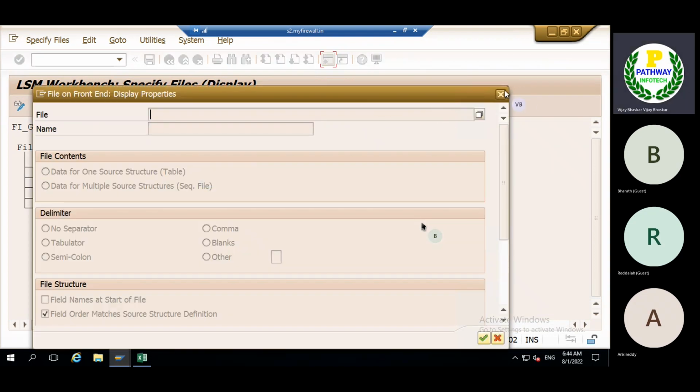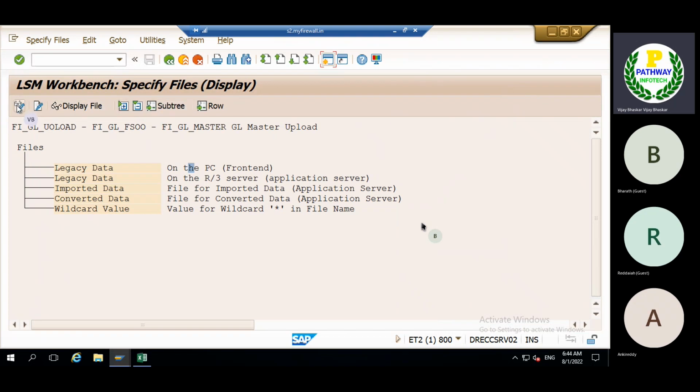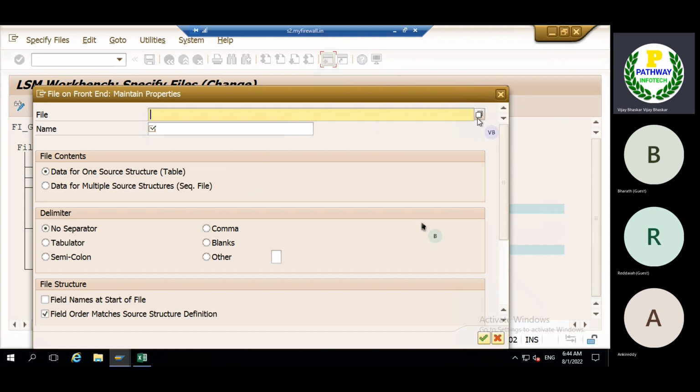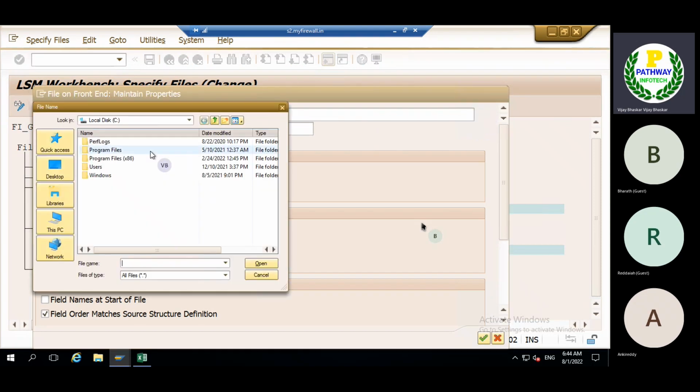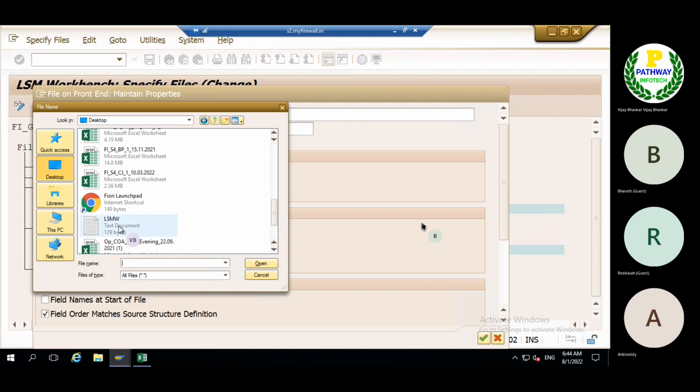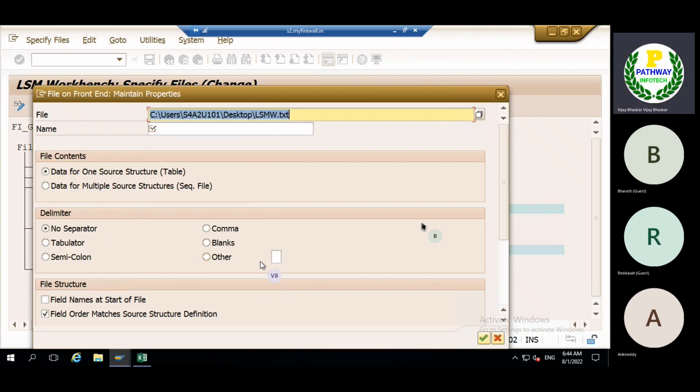First we need to select the change option, then the system will allow us. Double click, then the system is asking for the file. Select the notepad file we have created, with the name GL upload.